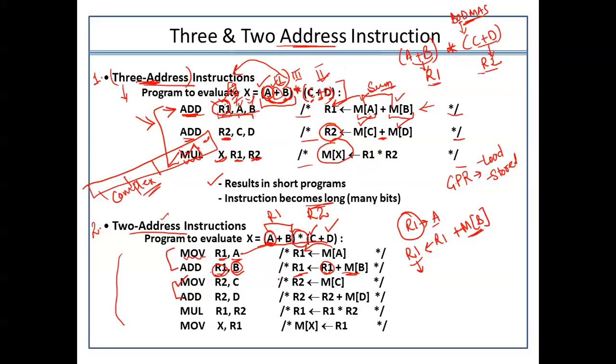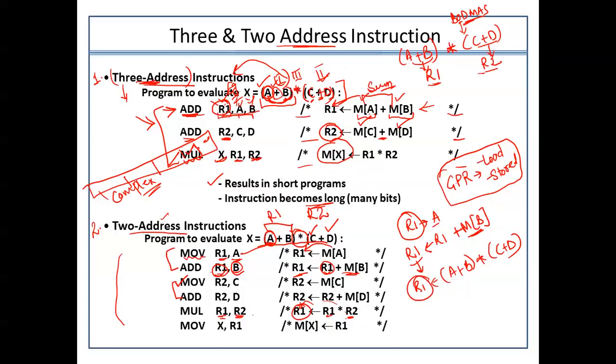Then I have to perform the multiplication. So again, I am doing the same thing, R1 multiplied with R2 and storing the data again in R1. The point here is that I am only referring to 2 different addresses. So I can refer to it in n number of ways because these general purpose registers have some applications within them. Utilizing those applications will actually help me solve this particular program in fewer clock cycles. So in the last, R1 now has the value A plus B multiplied with C plus D.